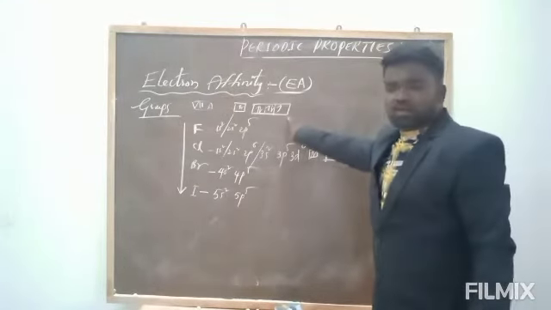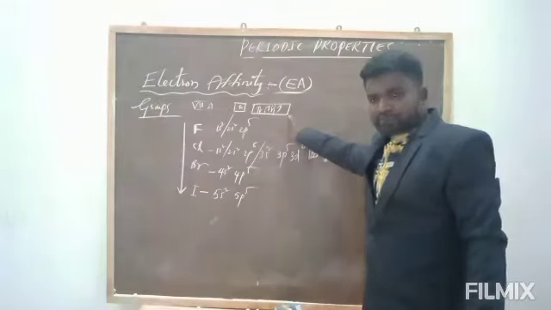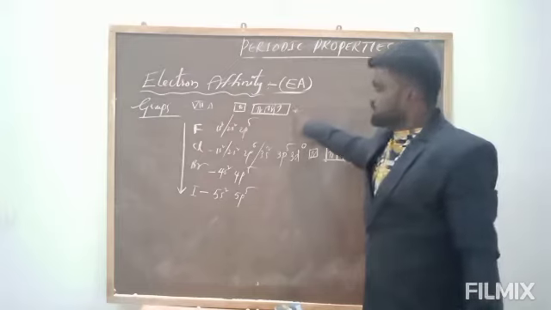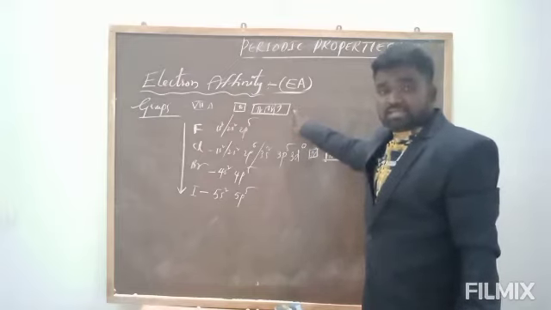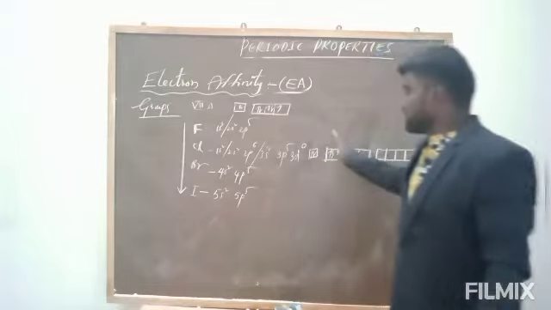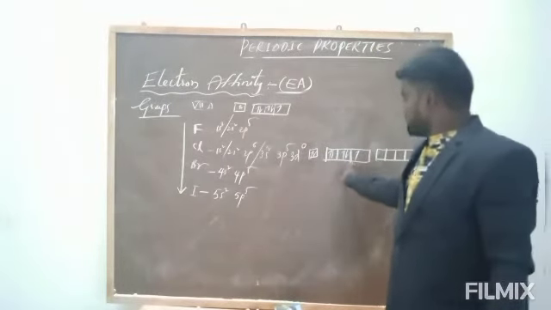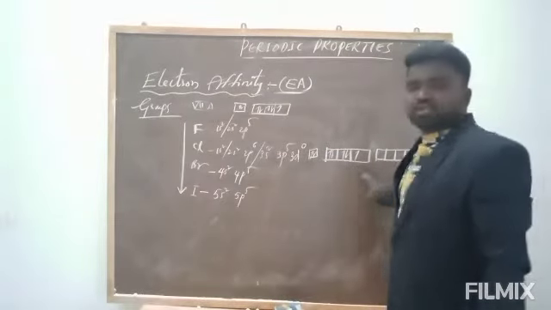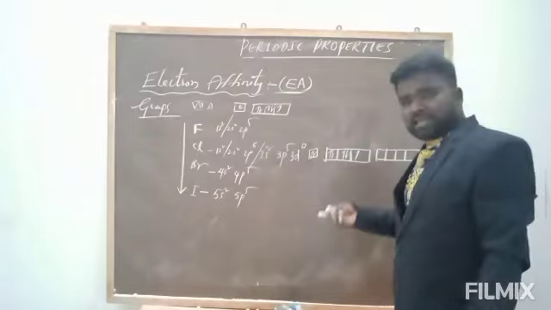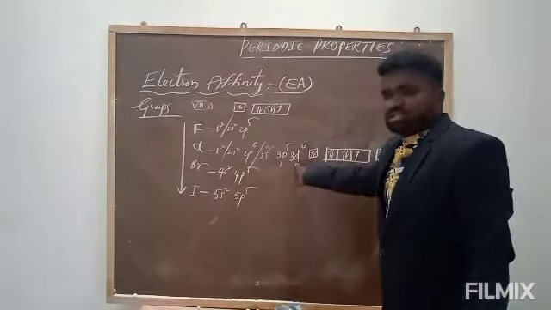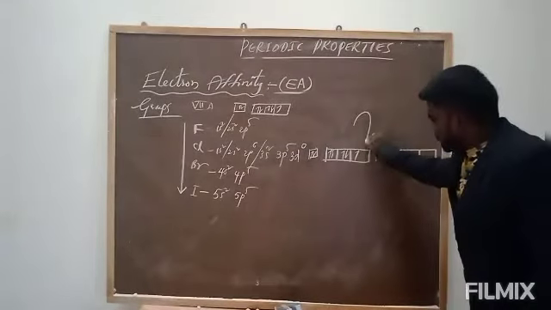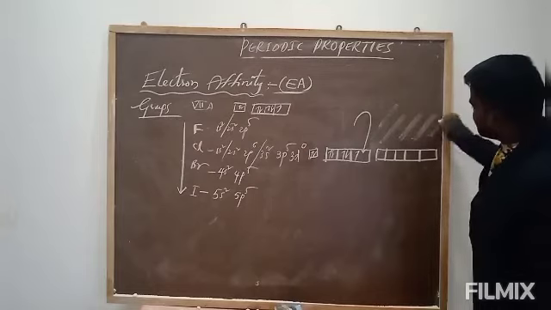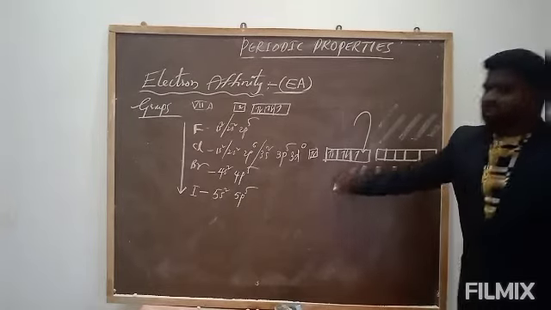Now here in fluorine there is no space to release energy. So it is not the highest electron affinity element. After that chlorine is there. Chlorine is the second highest electronegative element and it has more space in its orbitals. Then 3d will be 0. Here the electron is going to be added in the 3p orbital. At that time more amount of energy will be released.